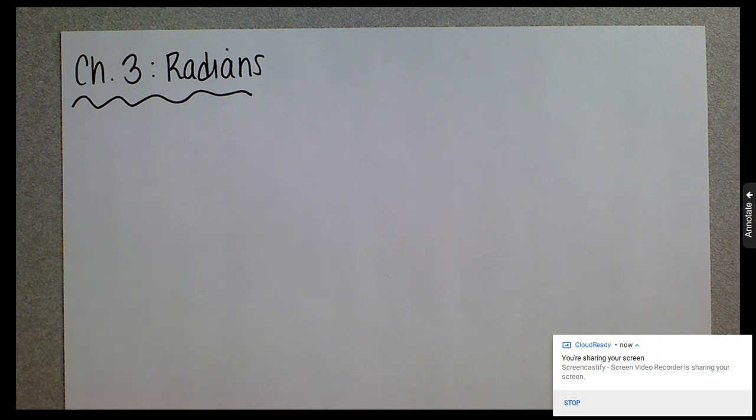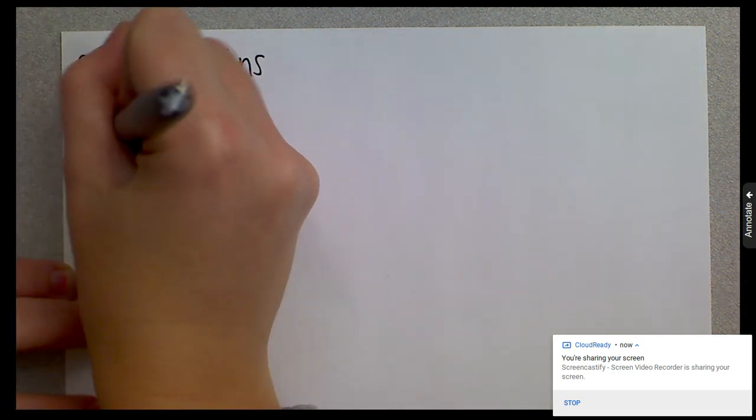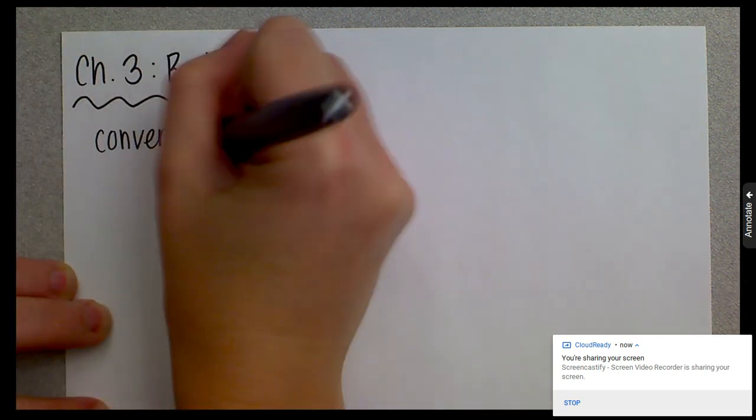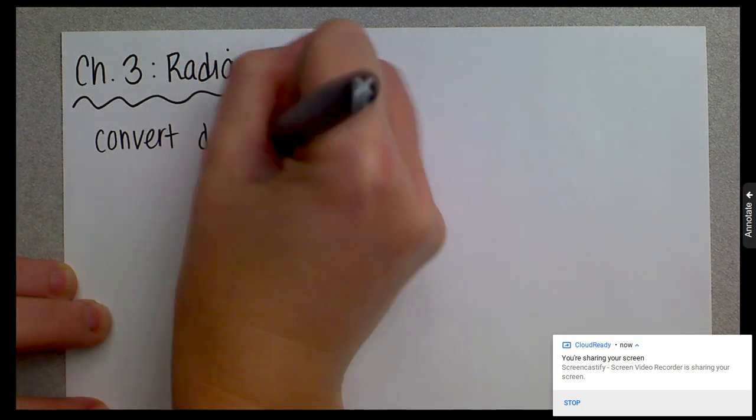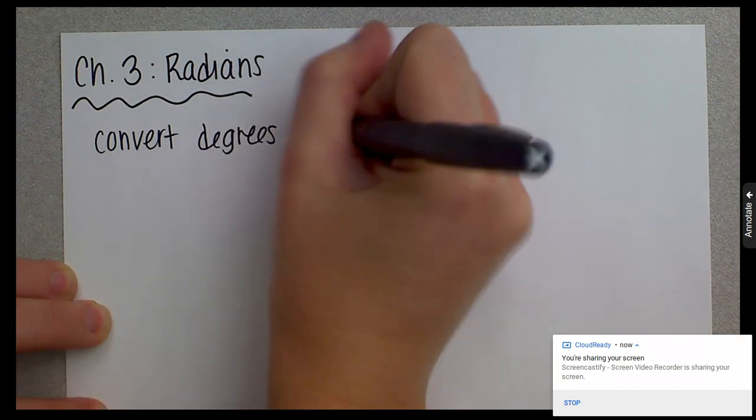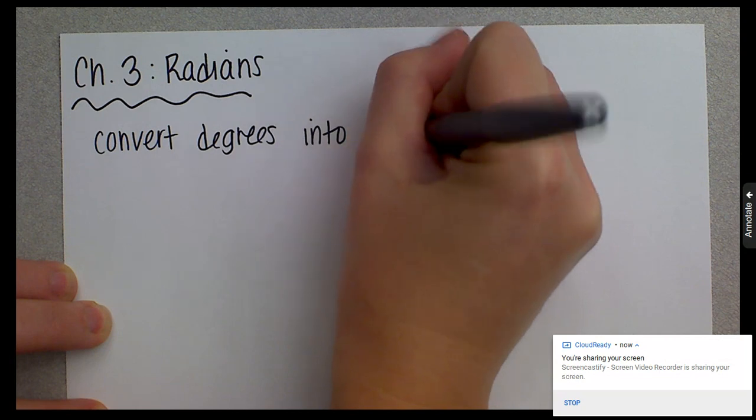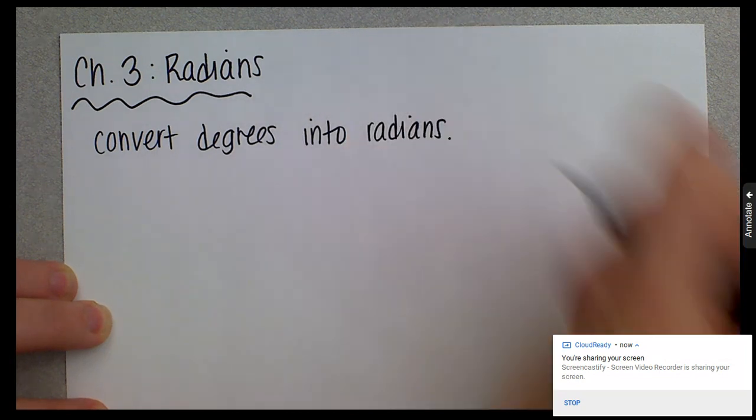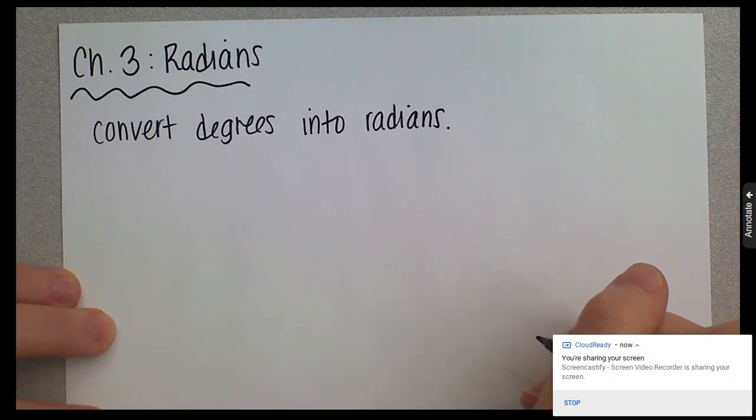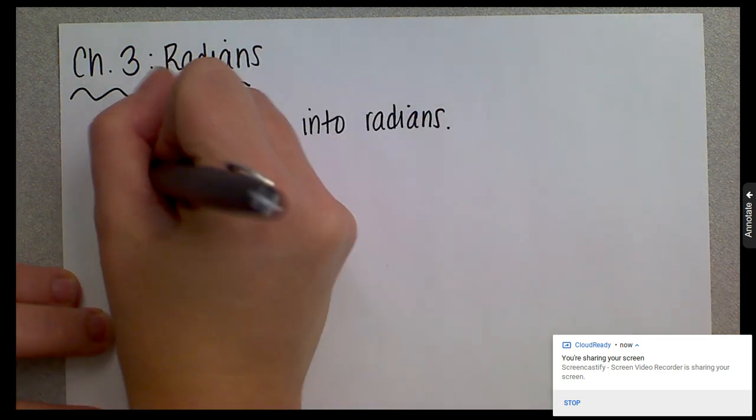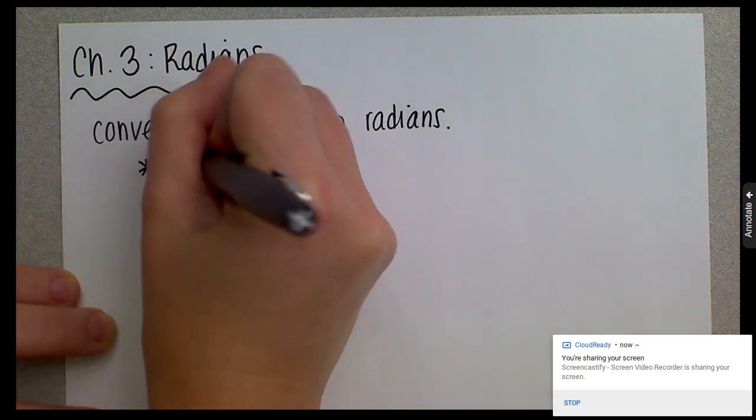So the first thing we want to do is convert degrees, which we're used to, into radians. So we're going to need these radians once again for certain formulas and depending on what we're doing. So to do this, we're always going to multiply. We're going to do the same step. Multiply